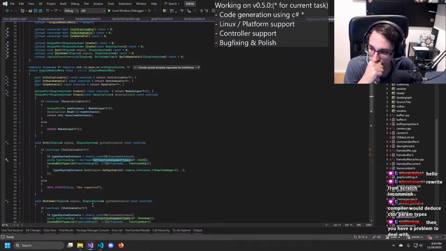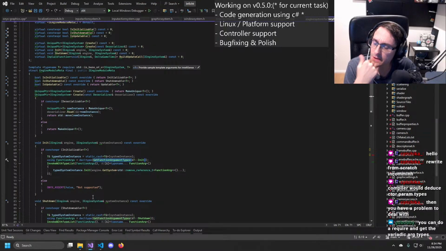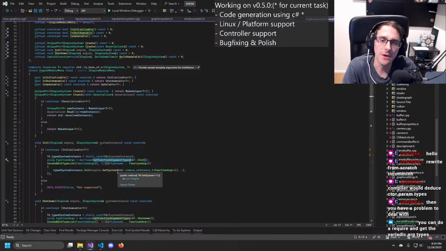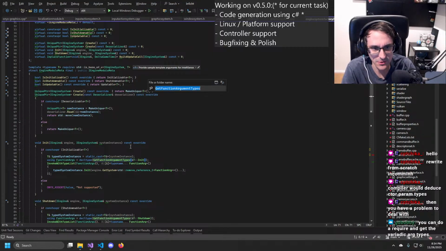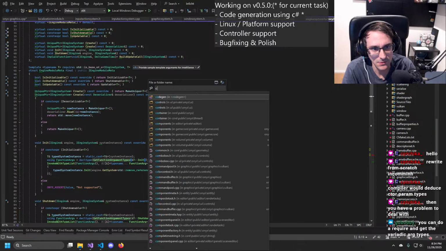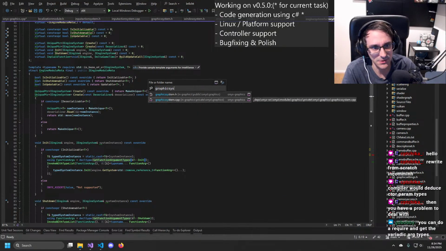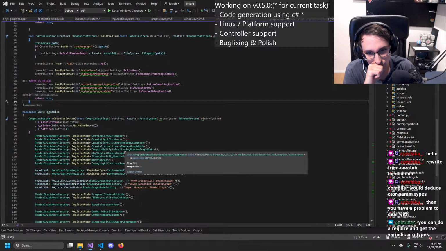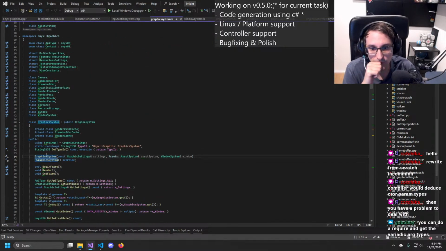So maybe you can do a require and get the variety archetypes. Where can I do a require on the constructor? For example, on graphics system? I could do a requires here?